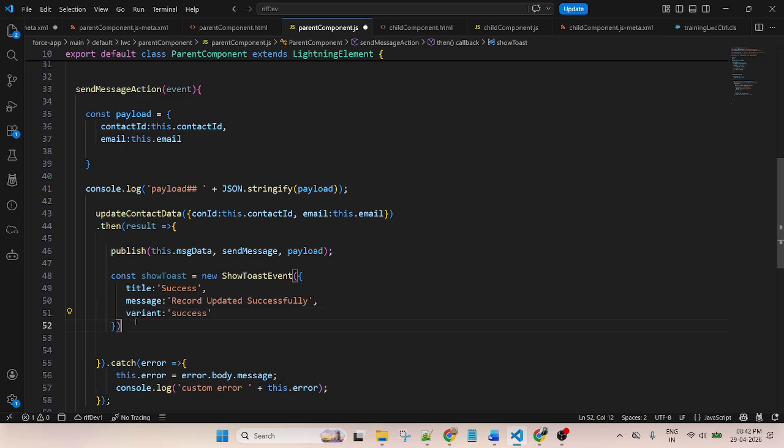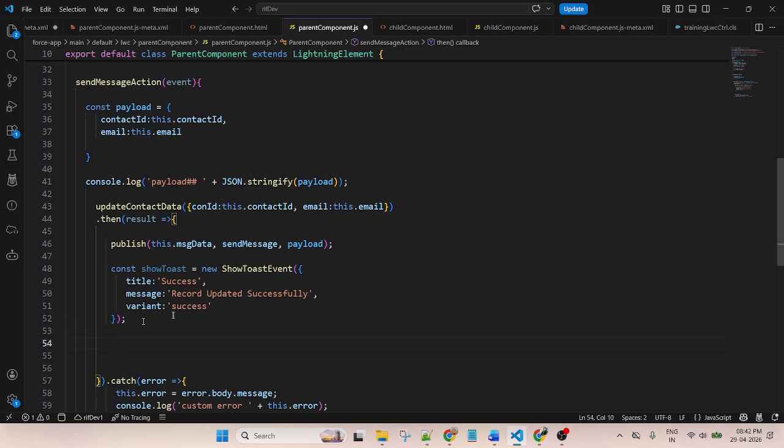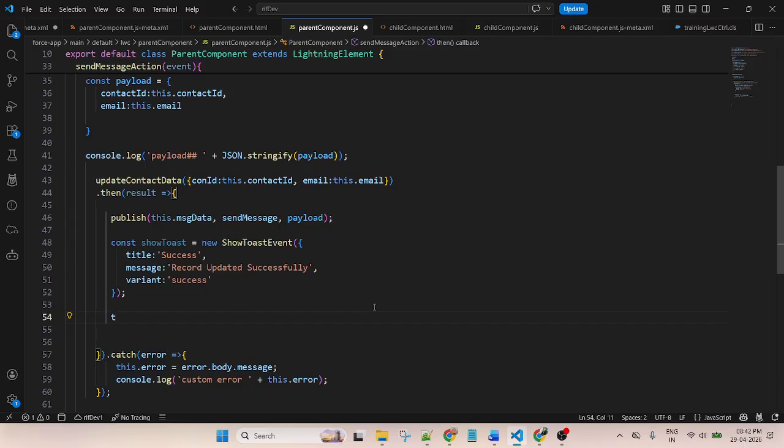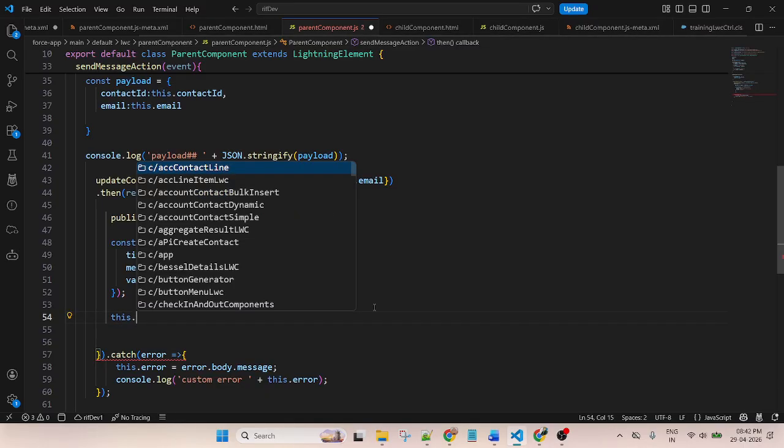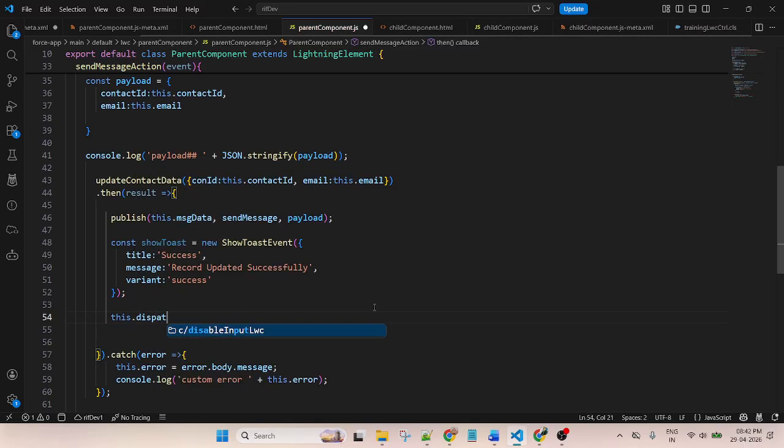And after this object, I will use this.dispatchEvent, and here we'll pass this variable. So component save and deploy the code. Yeah, my component deployed successfully.